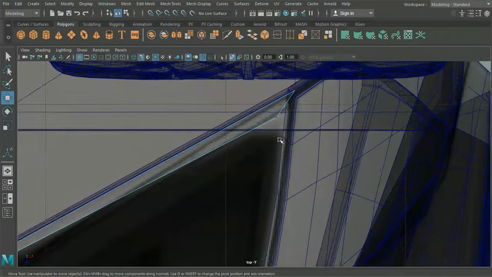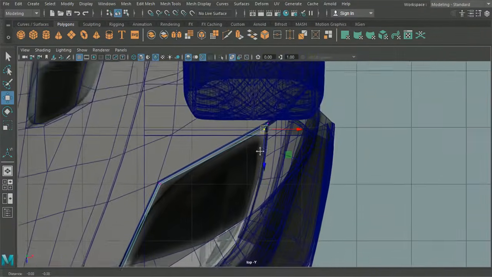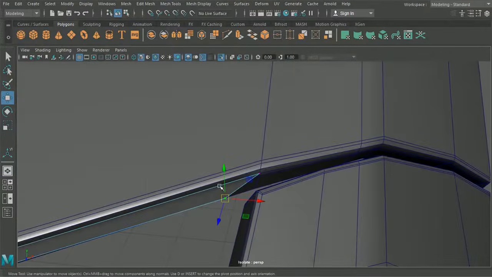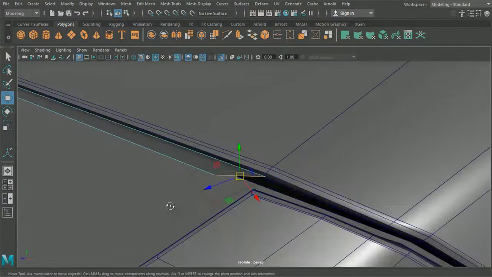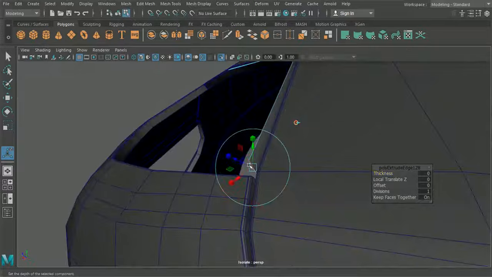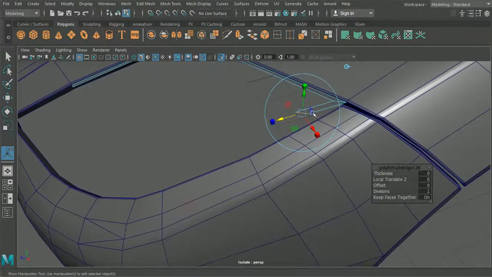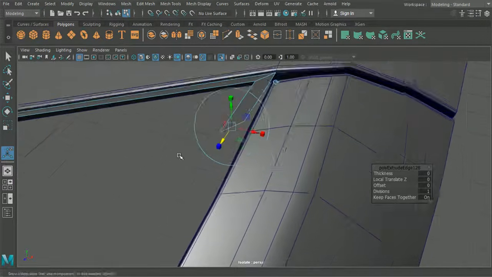A little bit closer up here. And then we will hit Control E here and we'll bring out. And what I'm going to do is I'm just going to speed this up and I'm going to extrude along, merge into all these points just as we did around here.